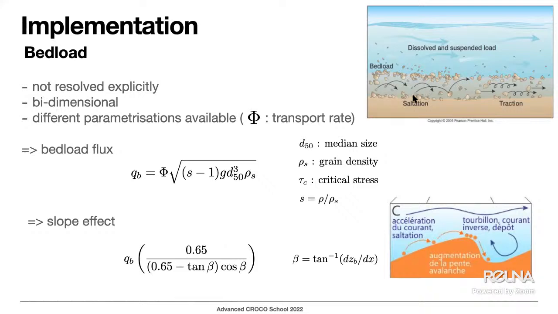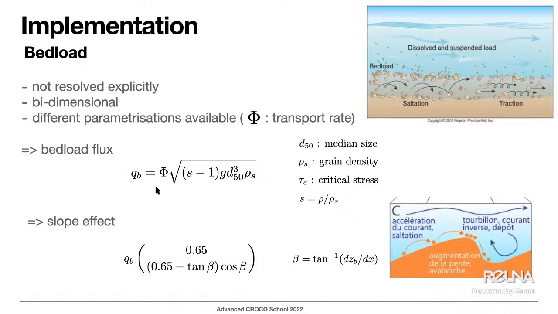This phenomenon is not resolved explicitly because of scales. It's a two-dimensional phenomenon with X and Y components. And this is something which is not very well understood, with only parameterization, and there is no real consensus about this. So for this, we will define a